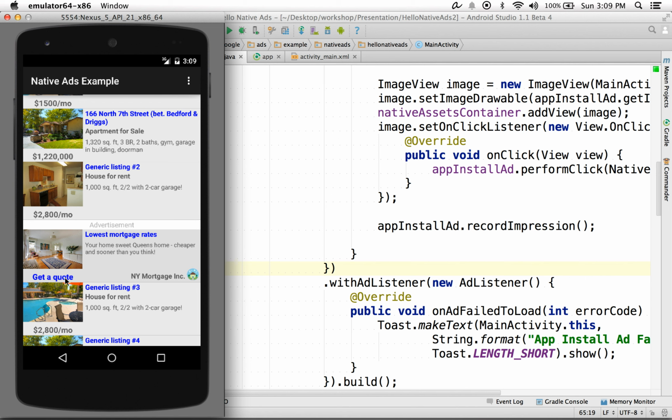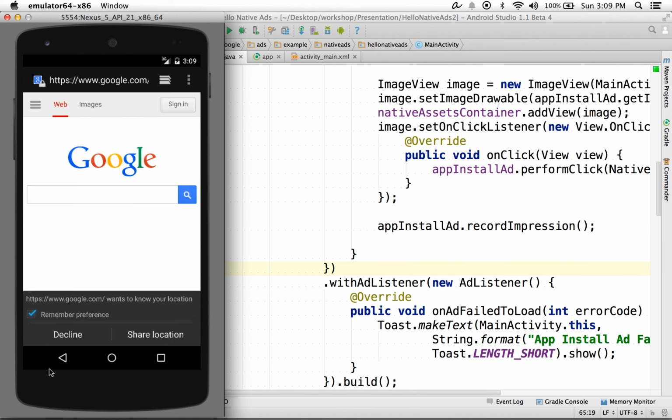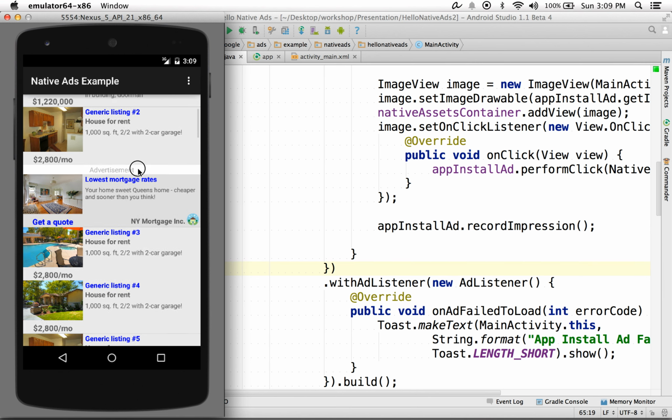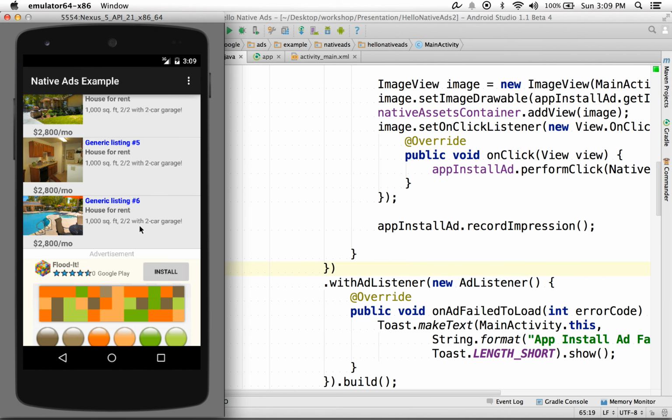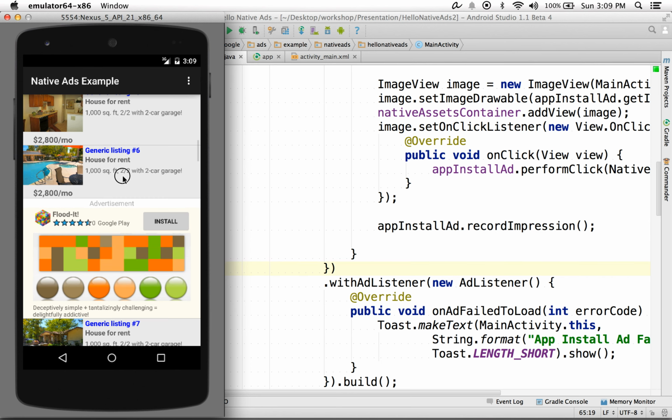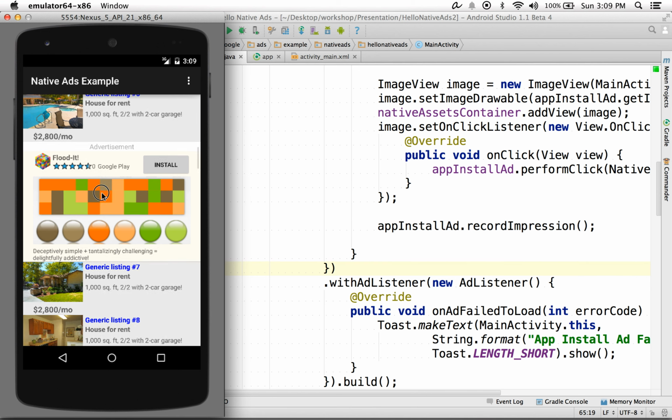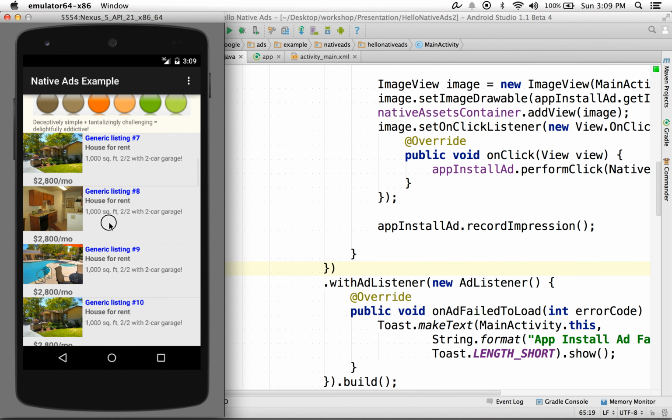And if we were actually to click through this, I think we set it to get a quote, that'll go through the click-through URL. And if we scroll down farther, on index position 8, I believe, we set an app install ad. And so here's an app install ad. And then even farther below,